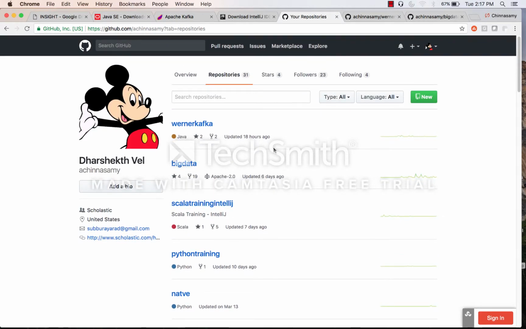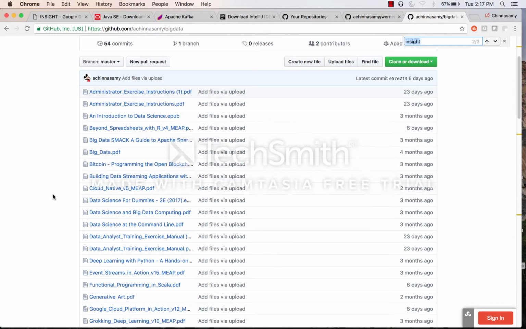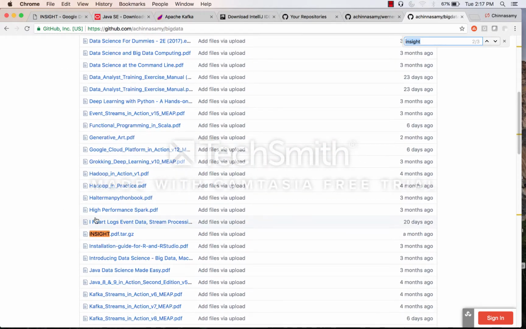There is almost one more repository called the big data repository, where you can go in. The big data repository contains a lot of stuff. In that, you will have an insight.pdf.gz. Just check that out, or export it or download it, and if you unzip this zip file, that will give you an insight.pdf. That is my complete course content, without any plagiarism,